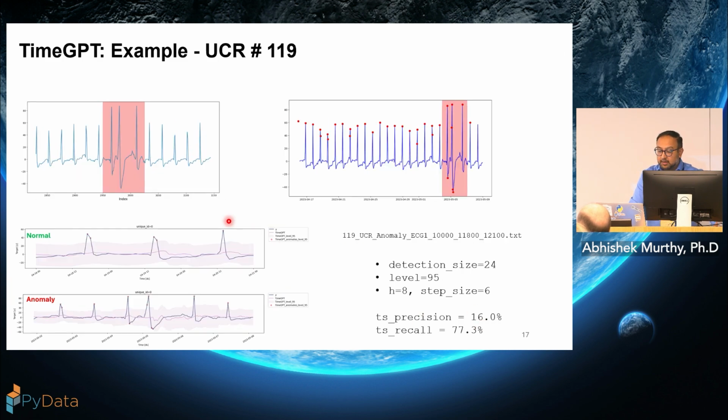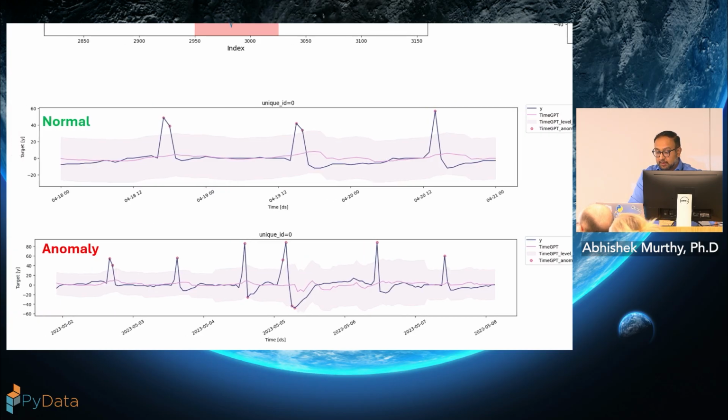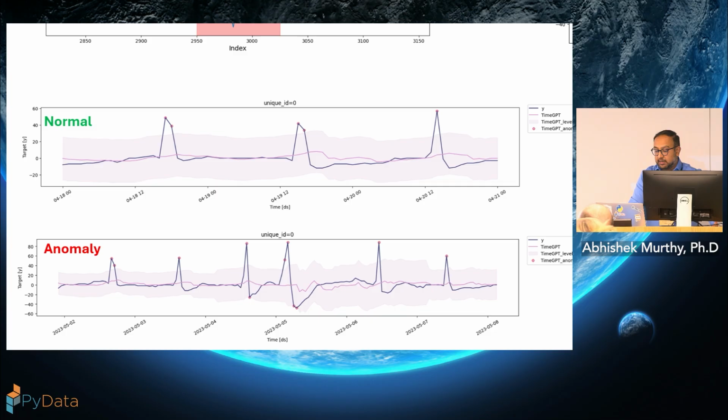ECG data, right, is difficult to forecast for this model. And as we can see, it produces quite a number of false positives. The precision is pretty low, right? And we can see why that is happening, right? Because we are not forecasting anything. And of course,